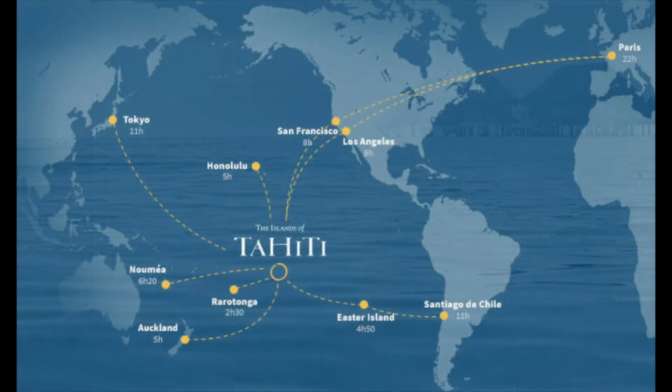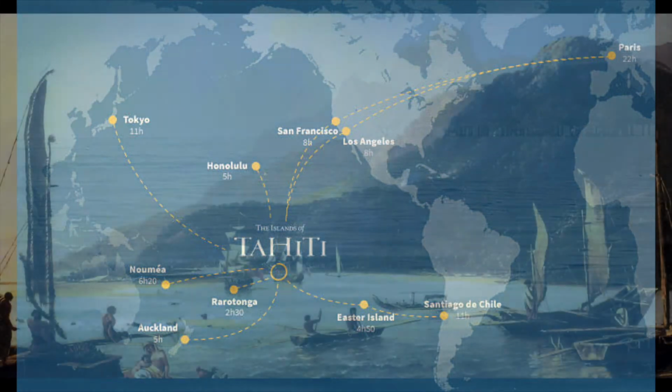And I think what strikes us as we look at the map of where Tahiti is, is the long distances these sailors traveled back in the 1700s. They were on ships for years covering this broad expanse of water, and that's just amazing, isn't it?